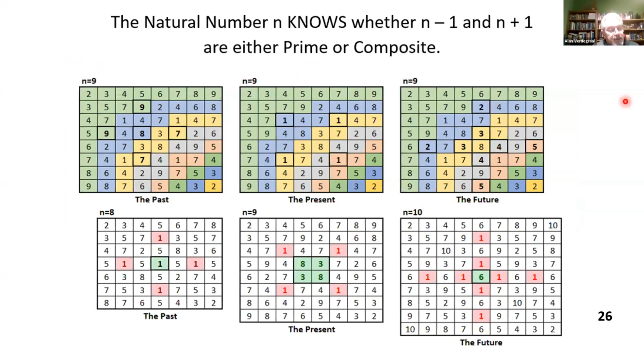So here's the basic gist of this theory. Across the top, we have the same array: n equals 9, n equals 9, n equals 9. And then down below, we have the previous number, n equals 8, the current number, n equals 9, and the future number, the next number, n equals 10. And notice the pattern of ones. Of course, the ones for the middle two show that n equals 9 is a composite,